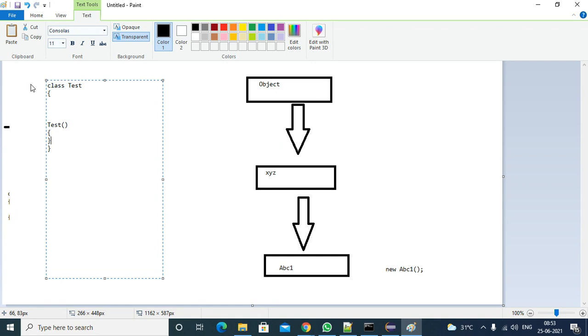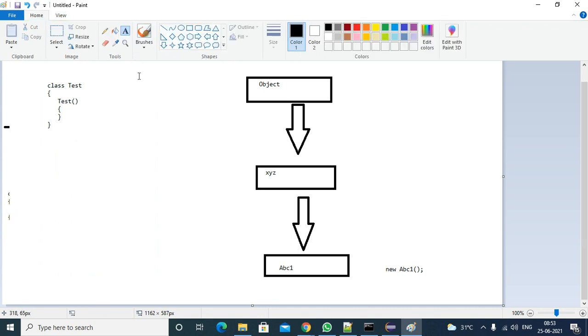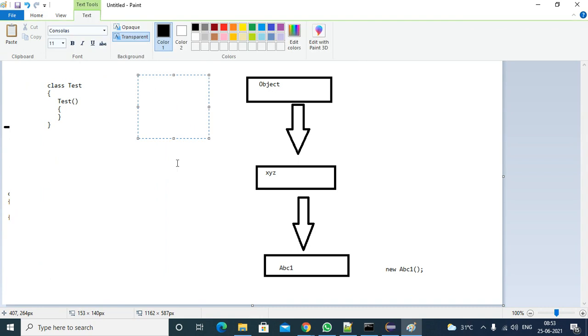If you write the code like this, what kind of code will the compiler generate? Class test, then open brace and close brace, and in between the constructor is there. Inside the constructor it will add one line of code.